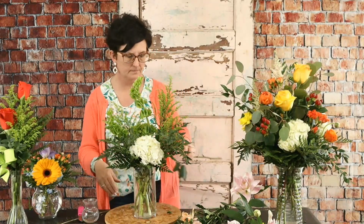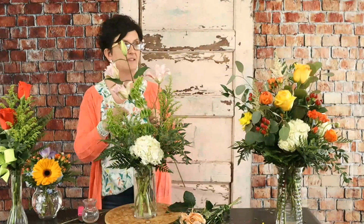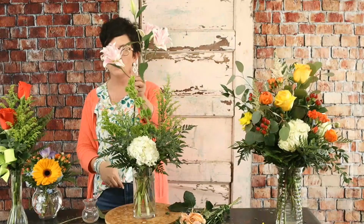But lots of color. Someone asked, what do you dip hydrangeas in? I am using what we call Quick Dip. Quick Dip is just a hydrating solution. You want those in there? Well, I didn't know if these would add height to your arrangement. That would be fantastic. So I'm going to take our rose lily, and I'm going to try to cut him and nestle him right in. He's a little harder, he's got lots of buds, so...